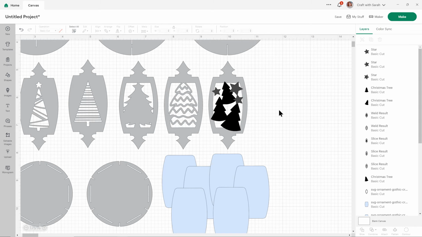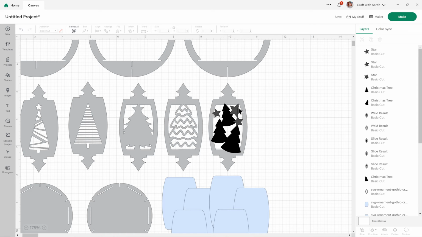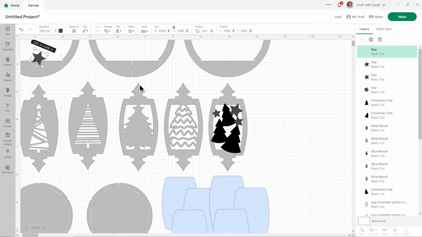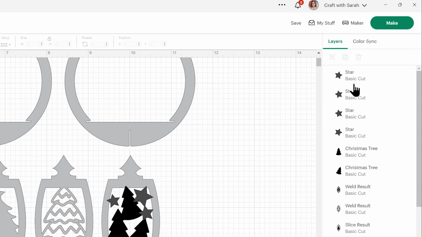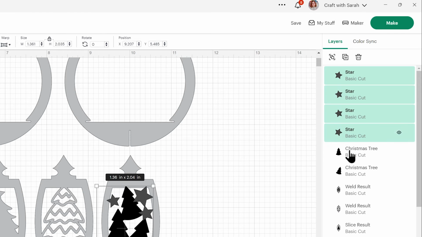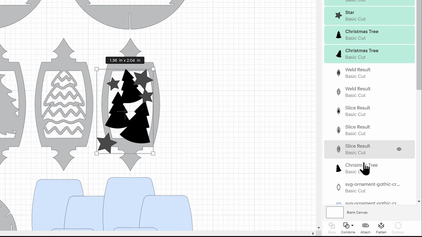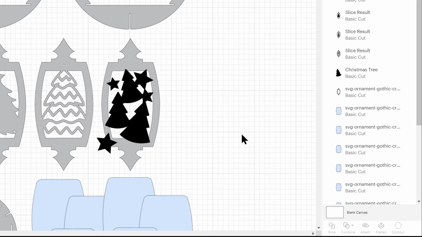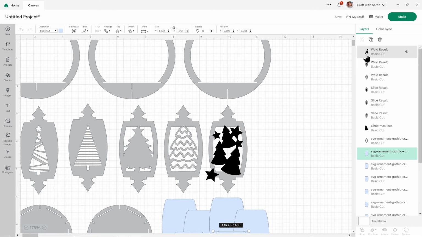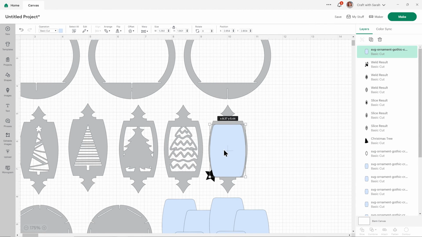I don't need to slice any bits off, but I do need to join all these pictures together. If we just pretend I did have something going off the side, just so I can show you really. I'm just going to do that, even though that is not showing at all. It's just for the purposes of showing you how to slice it. All right, so I'm going to select all of these, all my little shapes, and go combine and weld to join them into one. And that way you can do exactly what we did before. Place one of these over the top.